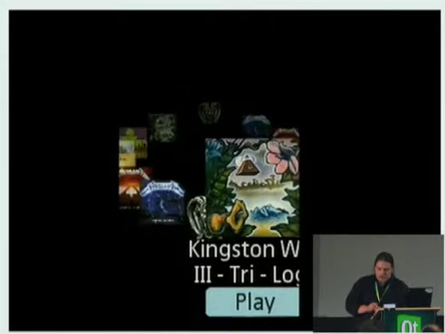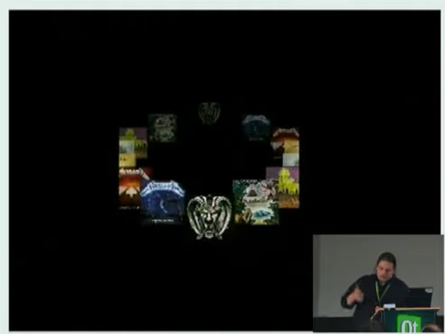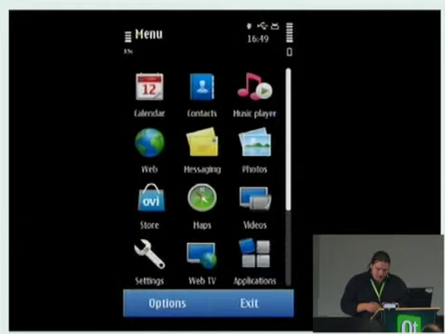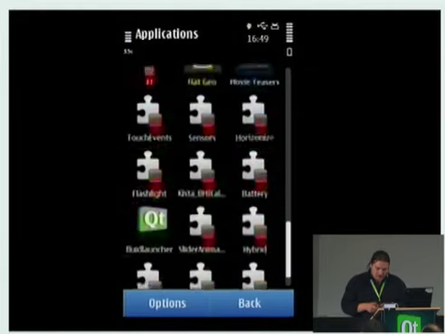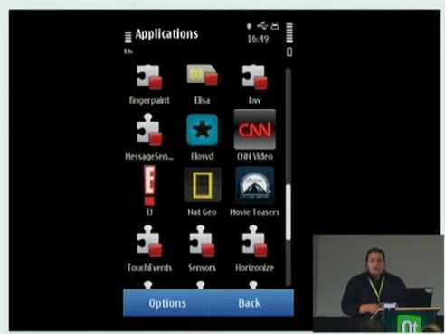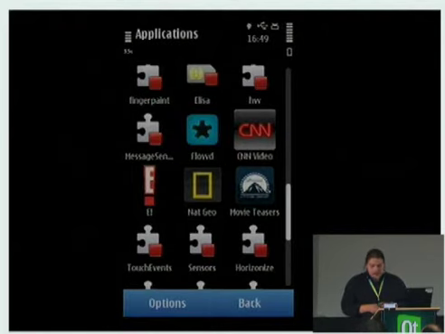You can also do stuff that is a bit more complex really easily. Another application we have, this is a real application, not done by me. This is called Float. It's a social media application which is location based, quite similar to Foursquare. So it will tell me where I am, and